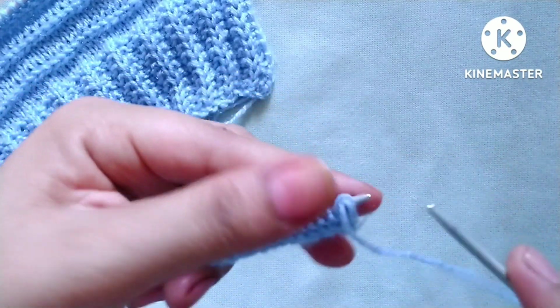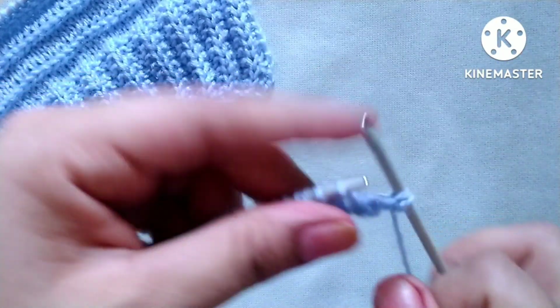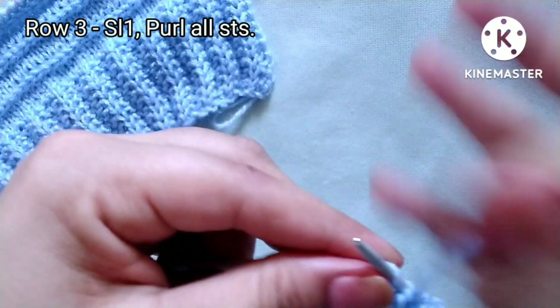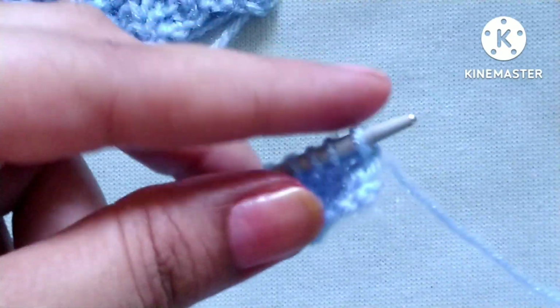Third row, slip the edge stitch. After that purl all the stitches in the third row. So let's complete this row by purling all the stitches. Fourth row, right side,